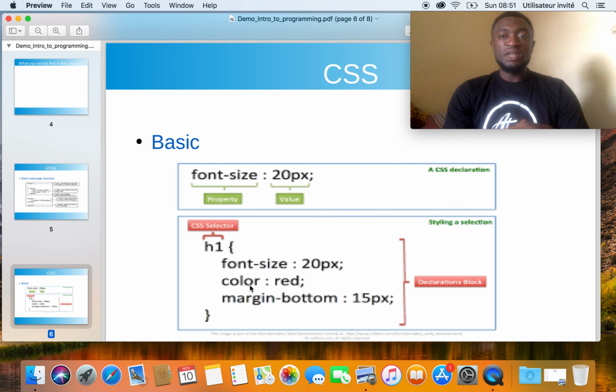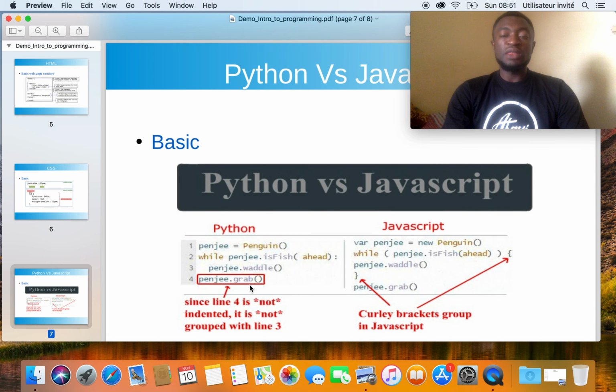Also, you have CSS, which means cascading style sheets, which is used in giving beauty to the web page, giving some styling, coloring, font size, font types, and all the like. And in this program, you also encounter Python and JavaScript. All of these are scripting languages, so you'll be able to compare these two languages.